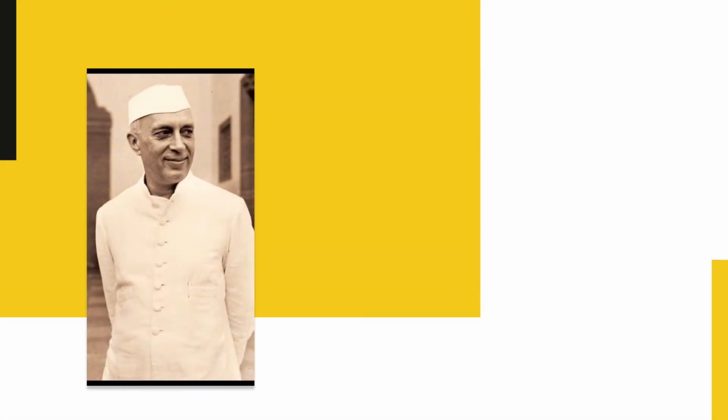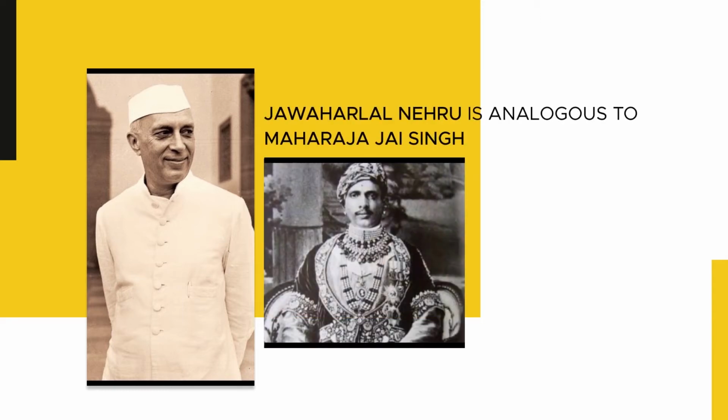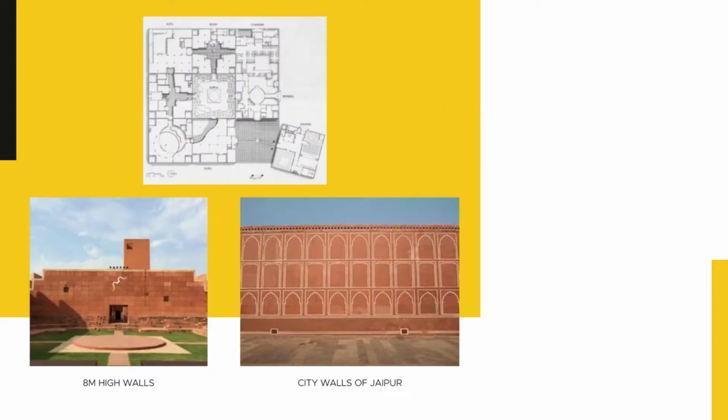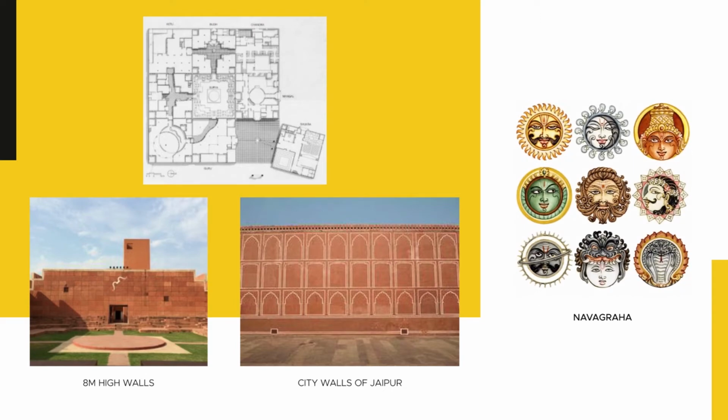As mentioned earlier, Jawaharlal Nehru was very keen on building modern India. His visions were far-sighted. Considering him to be analogous with Maharaja Jai Singh, the same concept has been followed here. Correa's plan for the Kendra invokes the original Navagraha or 9 planets mentioned in Hindu mythology directly. One of the squares is pivoted to recall the original city plan and also to create the entrance.